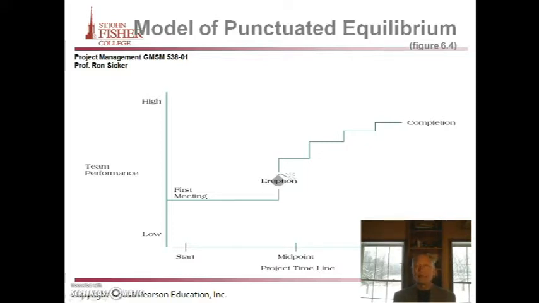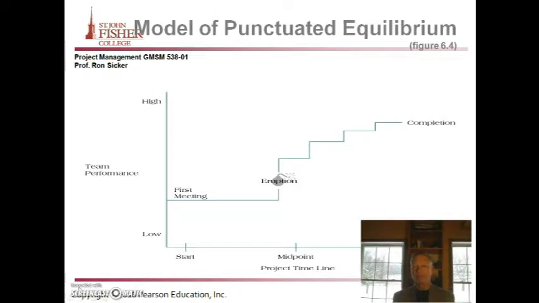Project managers need to understand when storming is happening, understand why storming is happening, and bring their team back so that they're norming and performing again. So it's important for a project manager to understand the points of the punctuated equilibrium model and to manage through that. The best way they can do that, and we've talked about this oftentimes in the past, is to